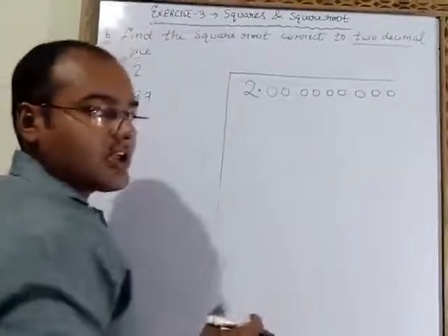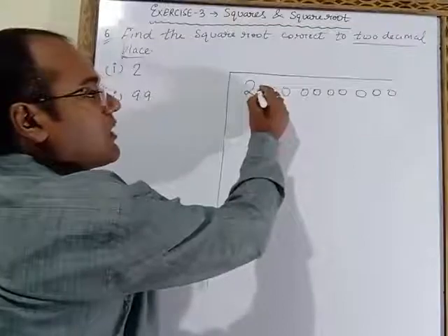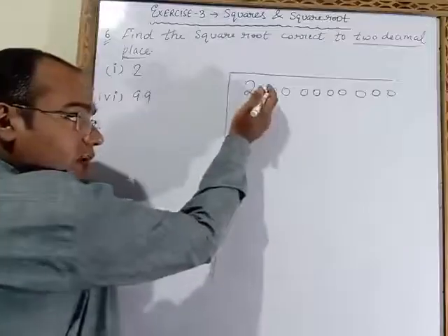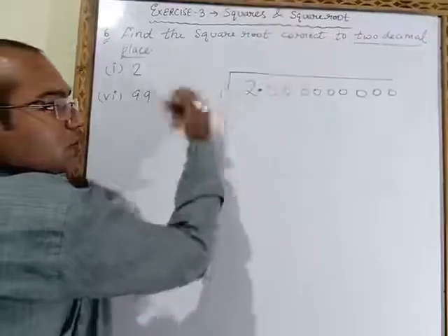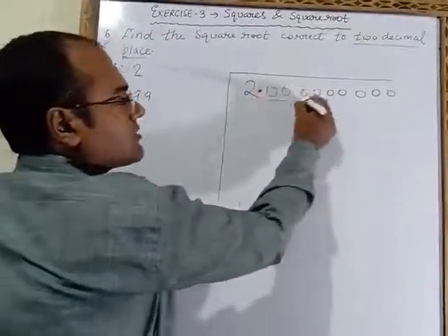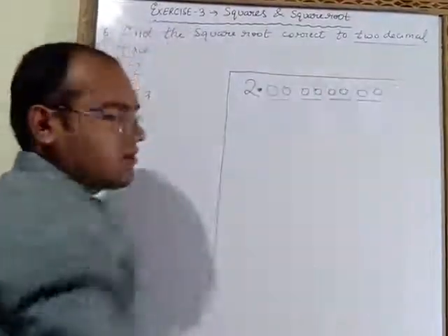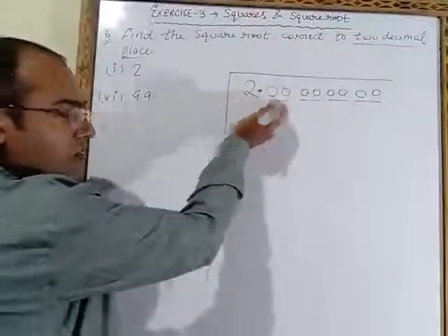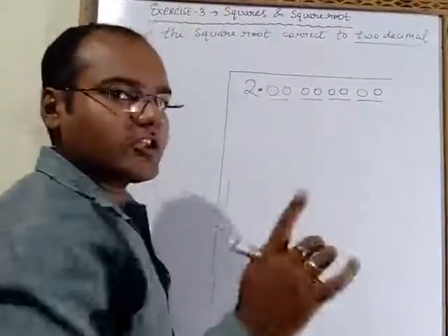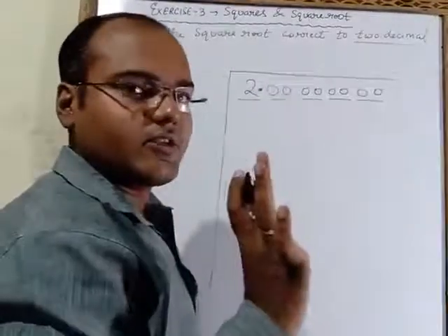So how will we underline it? From the point we have to start. From the point, two numbers we have to underline on the right side. From the point we also have to underline two numbers on the left side. So this is the point, two numbers, these two, these two, these two. This one extra we will erase. Now on the left side also we have to underline two numbers. But here two numbers are not there, only one digit is coming. So we will underline this digit only, a single digit.